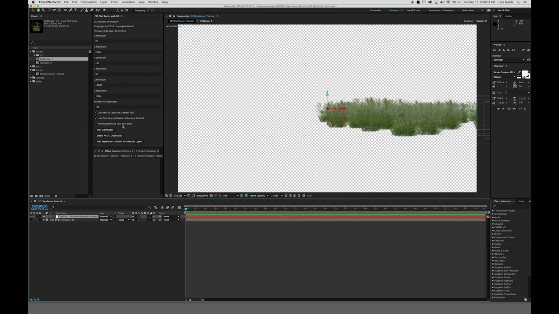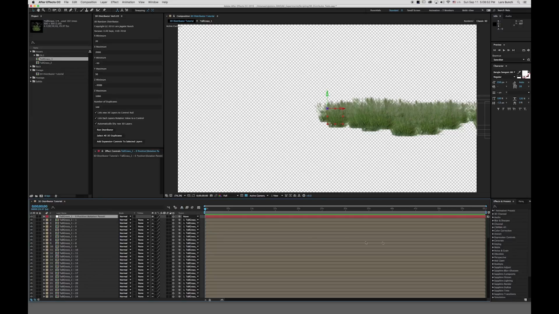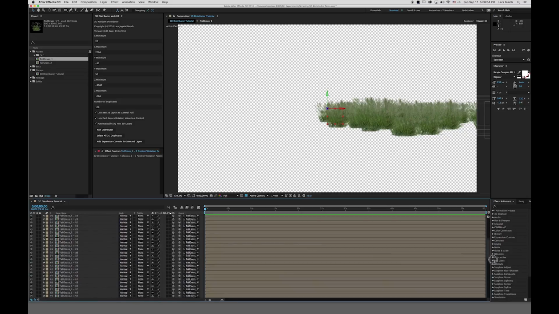Ignore that one. And automatically shy new 3D layers. Basically, link new 3D layers to control null will create this control null up here. Obviously, automatically shy new 3D layers turns them shy, and you can see that the shy button's on. If we unshy it, you can see that we have